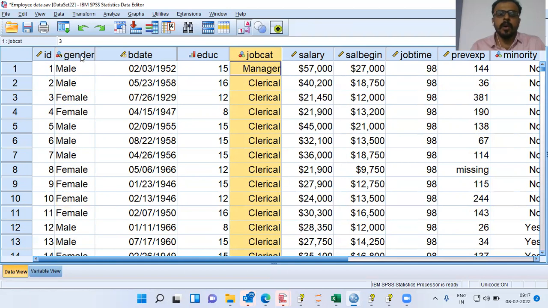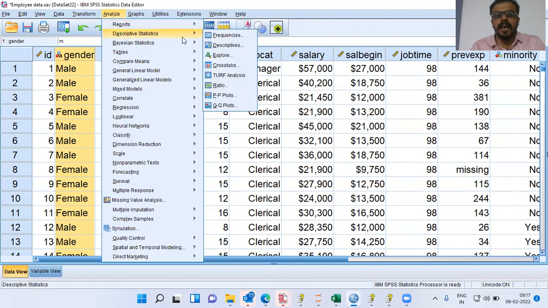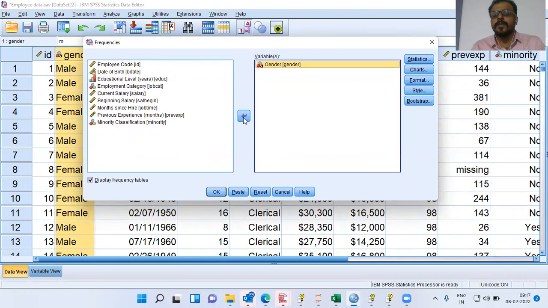I will be working on the variable gender in this particular data set. Let me quickly go to analyze, then choose the option descriptive statistics. And here I will be highlighting the very first option, namely frequencies. As you can see on the left side, it displays a lot of variables. I can choose the variable gender